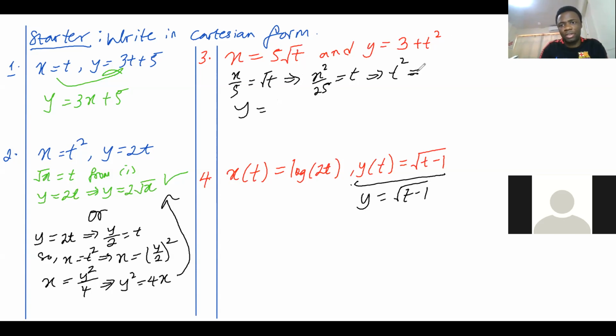So I could just get t squared. T squared is x to the power 4 divided by 625. So this means that 3 plus t squared implies that y equals 3 plus x to the power 4